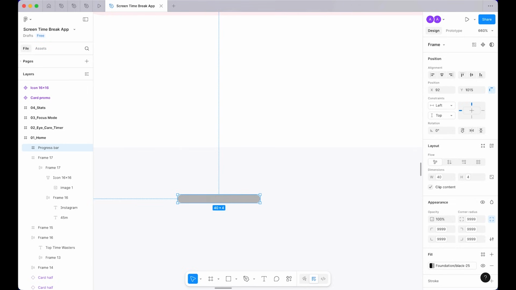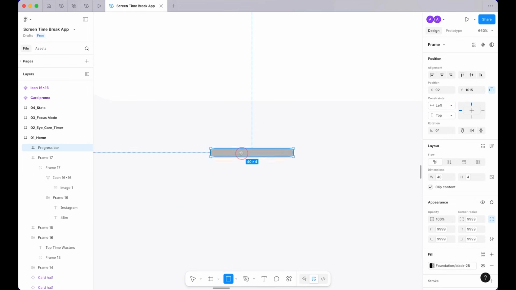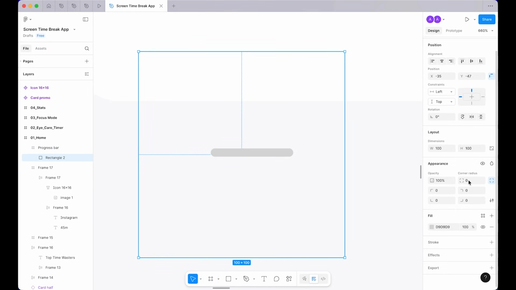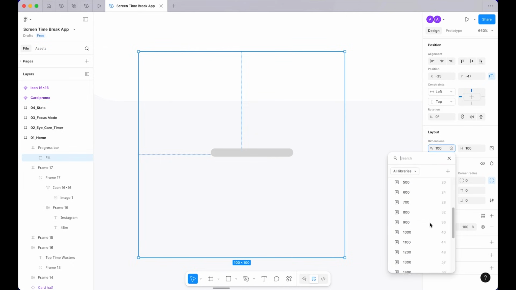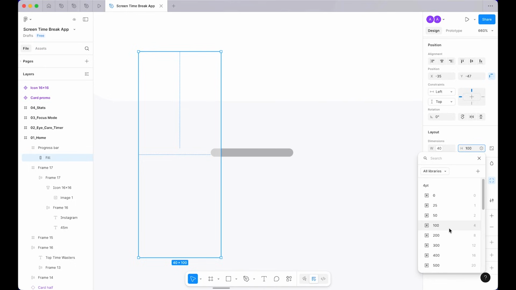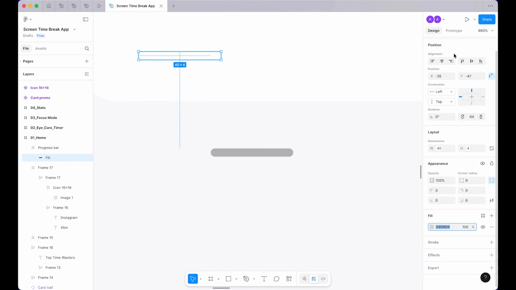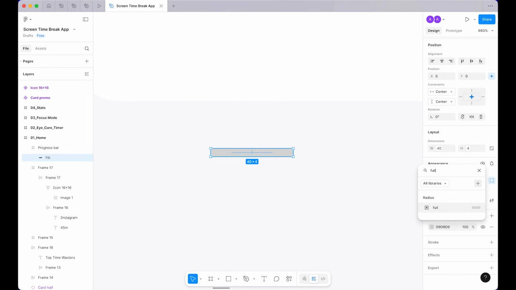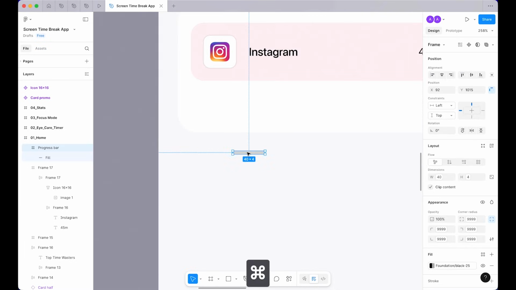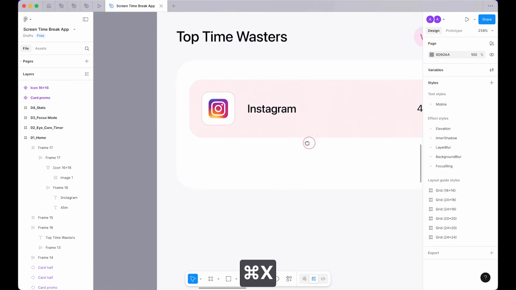progress bar. Okay, and inside progress bar, let's create a rectangle, and this rectangle is going to be fill. So inside progress bar, this is fill. Same property here, let's make this 40. Okay, 1000, and for the 4 this is 100, and center line. Okay, make this full. Okay, and as you can see now, we can only change color here and it will update. So let's copy